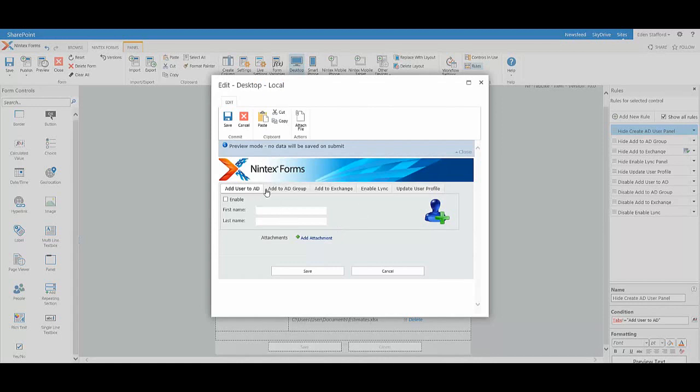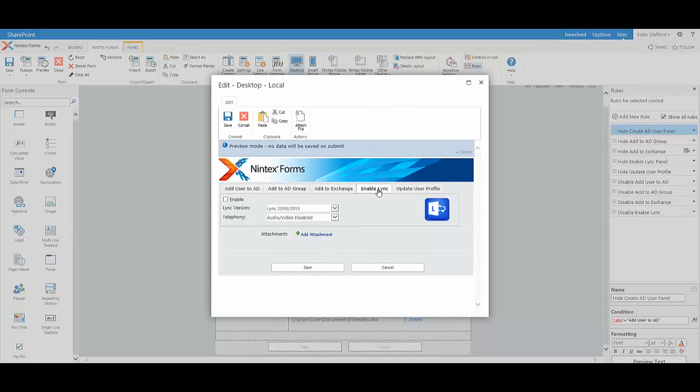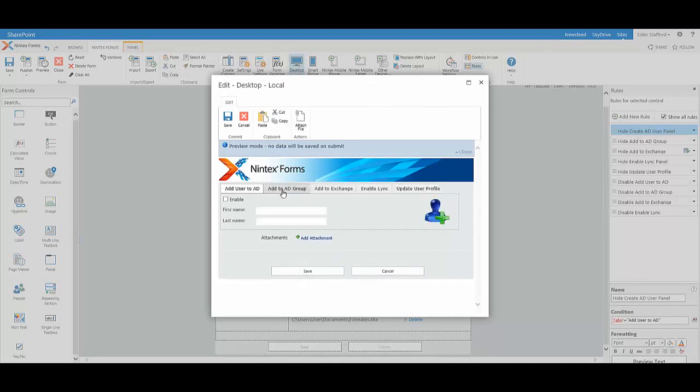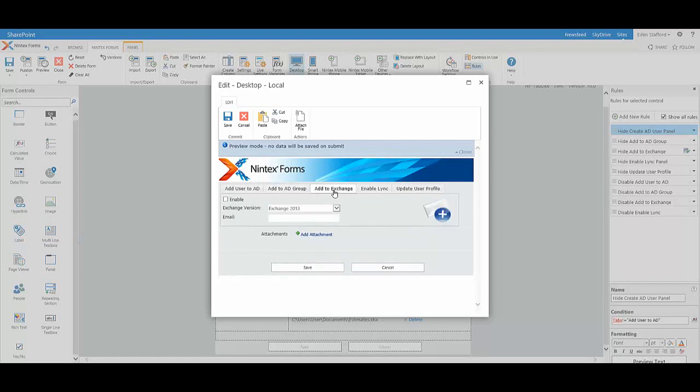Here's my form. You can see if I move my mouse over the different tabs, they highlight, so you get that nice dynamic user interface. If I click on AD, you can actually see the icons change, so you can really tell that this is changing. And again, you can see how this is giving you a real tab-like functionality